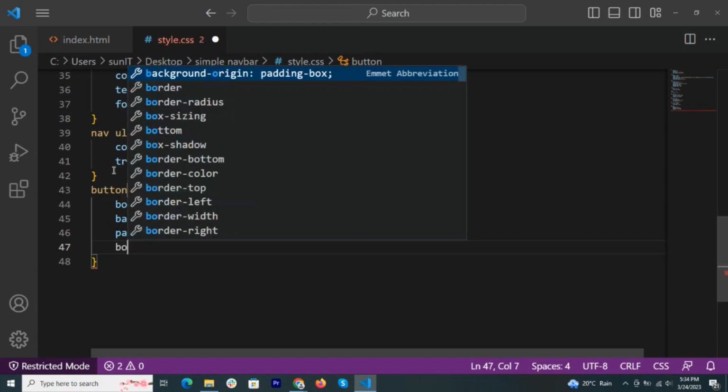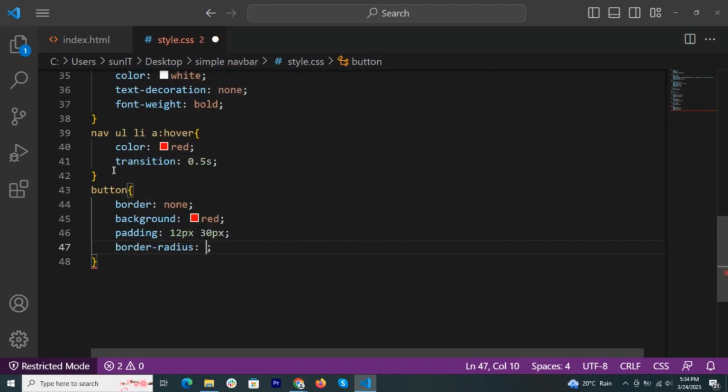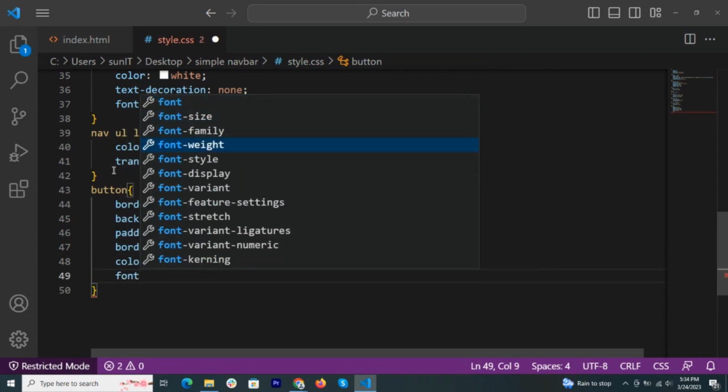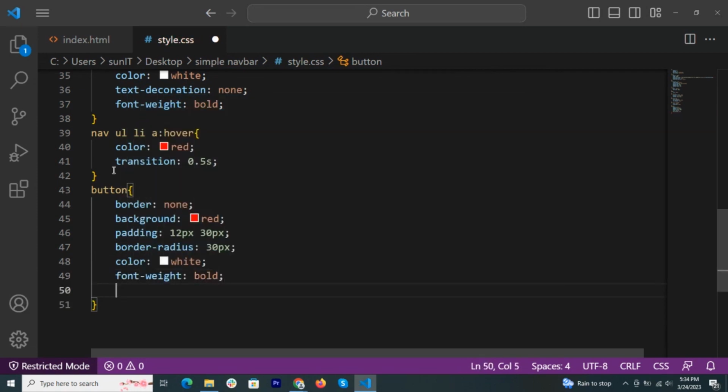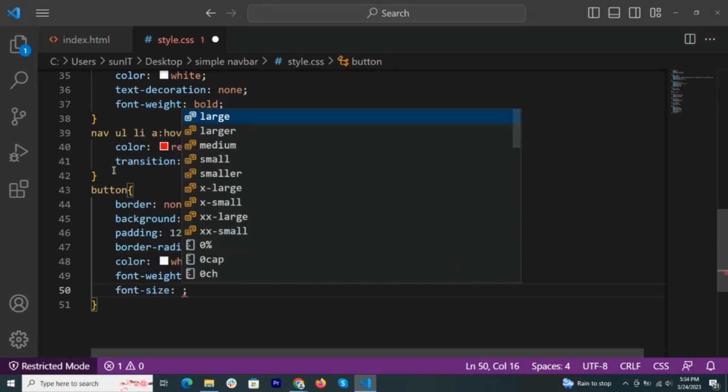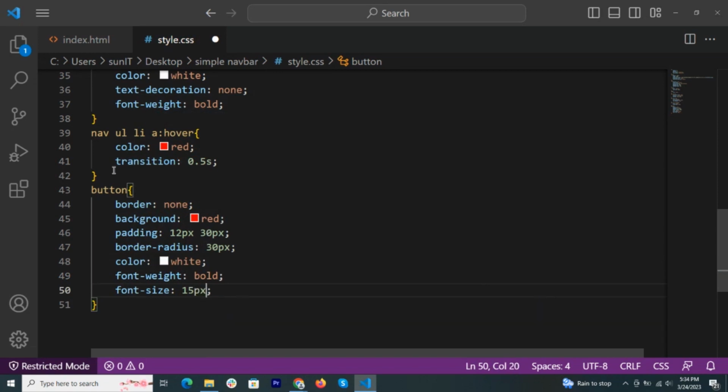After padding we set the border radius 30 pixel. After radius we set the text color white, font weight bold, and we set the font size 15 pixel, and transition